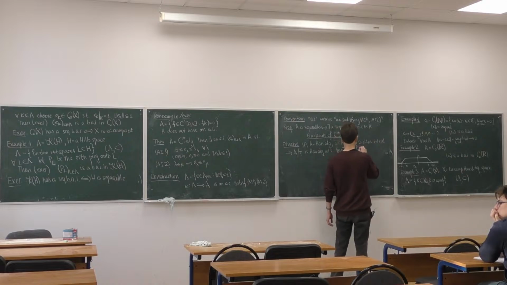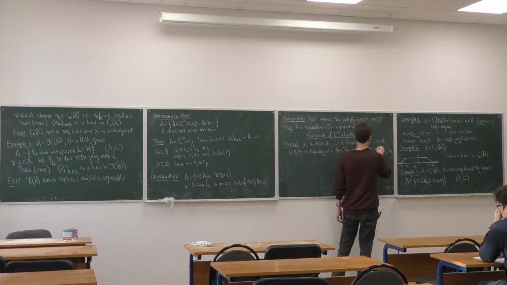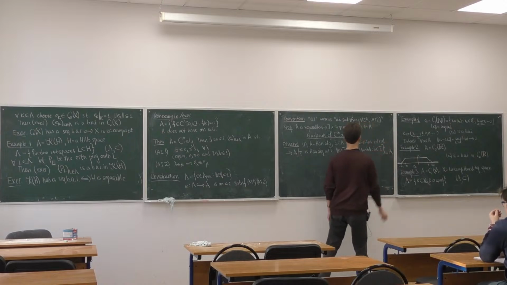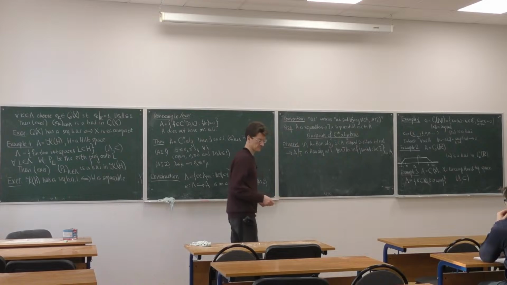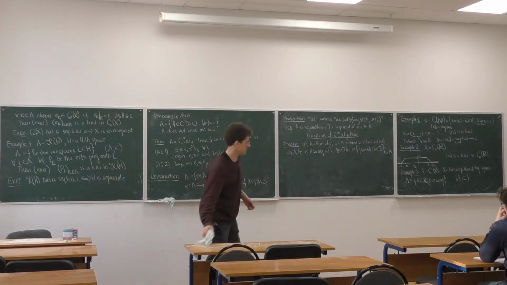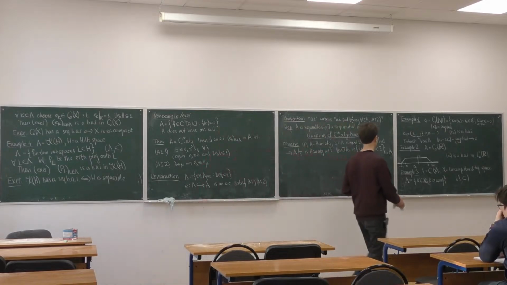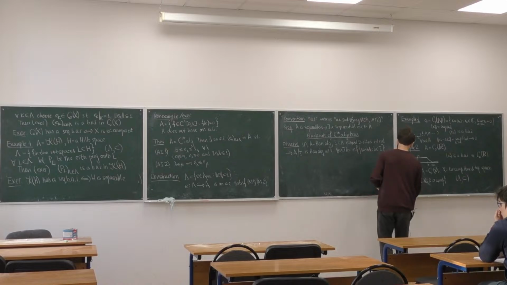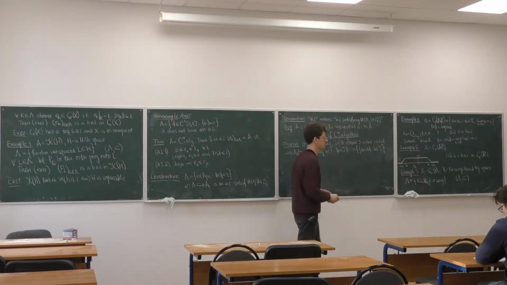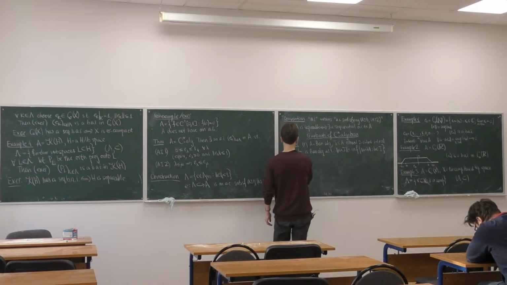So the norm in the quotient is the infimum of the norms of a plus b, where b runs over I. It's a standard fact that it is complete for this norm, and this norm is easily seen to be submultiplicative. And also, if A is a Banach star algebra,